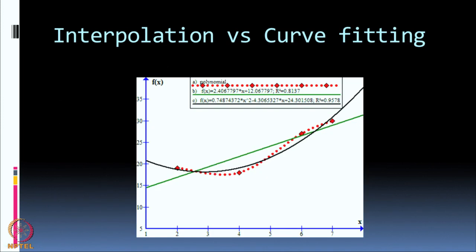We already commented last time that interpolation involves fitting a curve through the data points. In this particular graph, you see a red diamond, a second, third and fourth red diamond. These are 4 points, and through these 4 points I want to pass a curve. The dotted curve passing through those points is called an interpolating curve. The other curves are fitting curves; we will do fitting in the next session. Today, we will be discussing only interpolation.